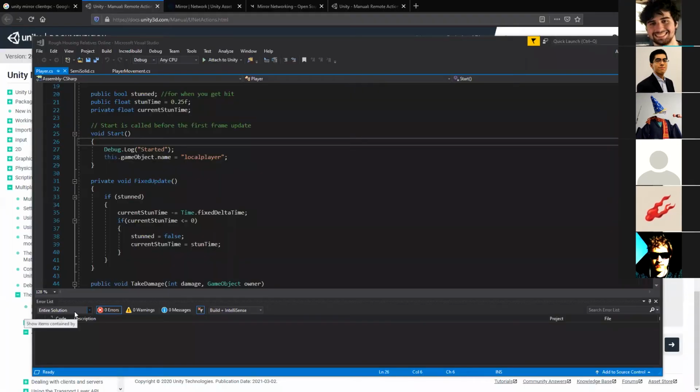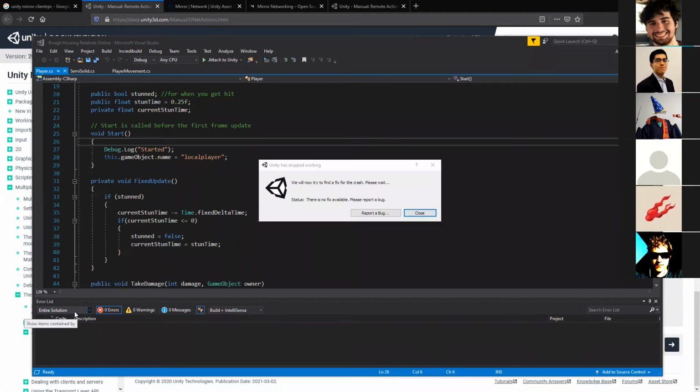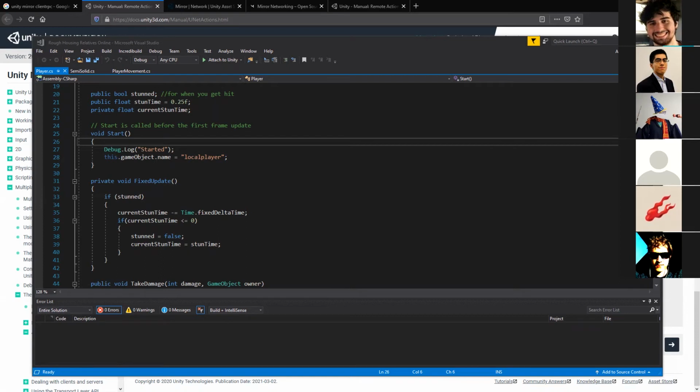And I know for the semi-solids, oh, Unity just crashed. Cool. Well, for the semi-solids, since I hard-coded that player object name, I was expecting that to cause issues. But we're going to fix that when we start networking this and only change it to local player if it is a local player. But for now, every single player instance will be called local player.